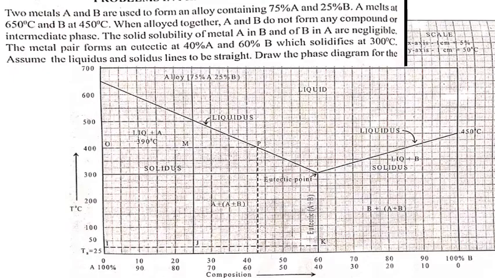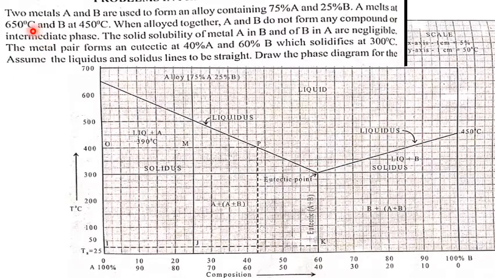Moving on, to understand how we can construct a phase diagram for components A and B which are completely soluble in the liquid and completely insoluble in the solid, we write a eutectic system: liquid, on cooling, will give solid A plus solid B.